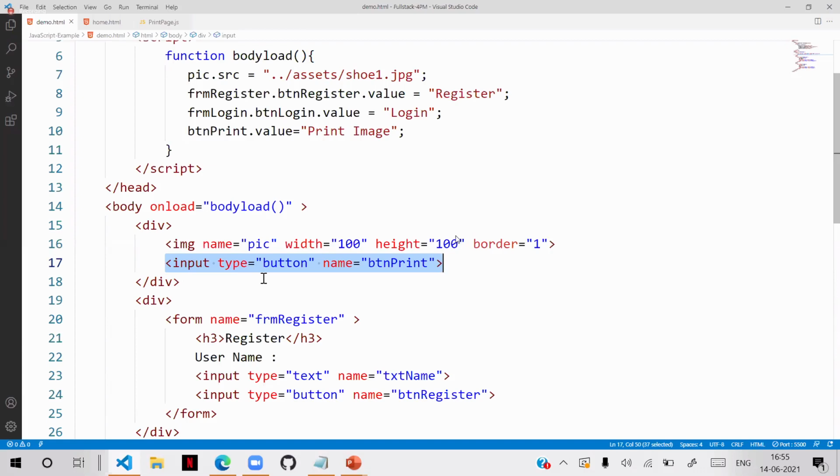Why? Because the button cannot be directly there. You have to keep the button inside the form if you are referring by using names. According to hierarchy, it must be inside the form, and you have to refer the form. Otherwise, the name cannot access it. Don't think that without a form, I will put a name and it will work. It cannot work.